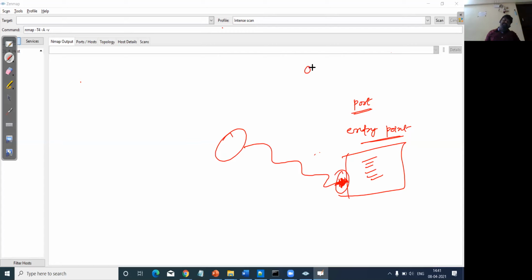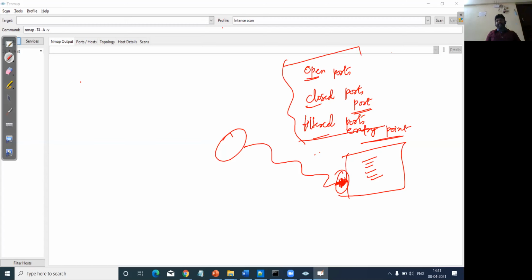There are different types of ports: open ports, closed ports, and then filtered ports, right? What the attacker will do is try to scan your complete device by entering the correct IP address or the name of your website, and he will try to find out the open ports.